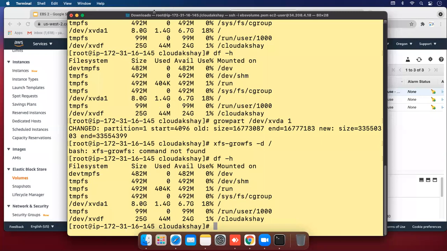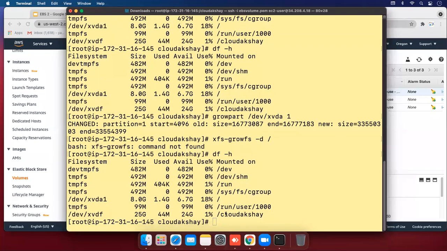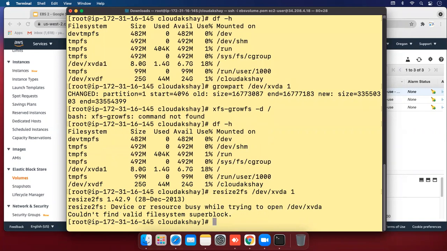Let's run one more command here, resize2fs, and the volume name xvdf. One is busy.